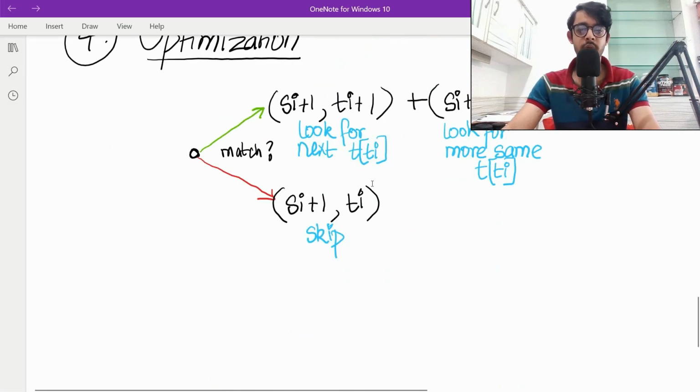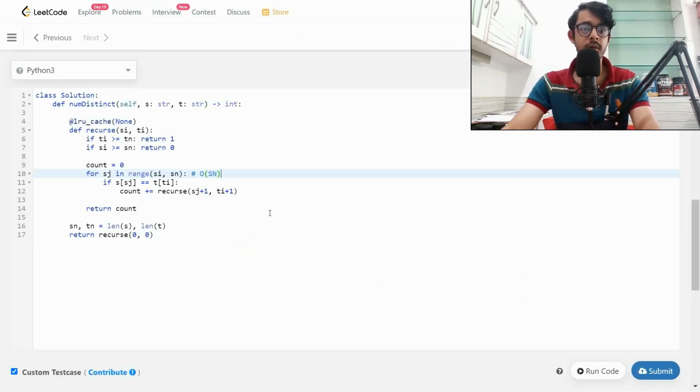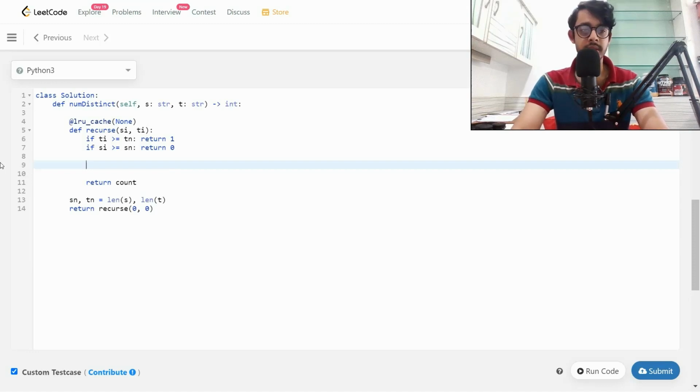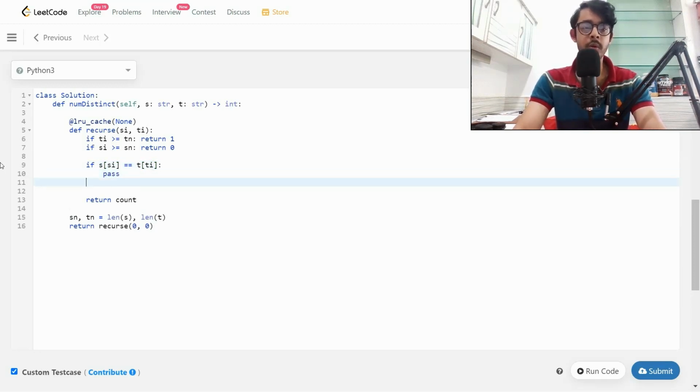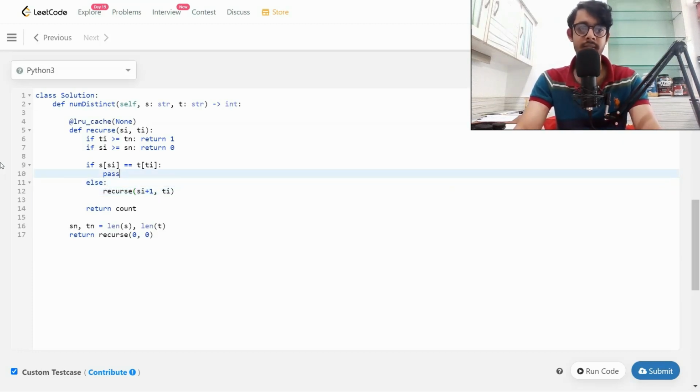I'm actually just going to implement this guy over here. It's just copy pasting. Instead of this for loop, we'll reduce it down to a simple statement saying that if you find a match between s of I, which is the same as t of Ti, then we'll do some compute, else we'll do something else. If you don't find a match, then that was trivial, we'll just recurse. And we'll recurse with s of I plus 1 as usual and t of I, because we didn't find a match, so t of I remains as is.